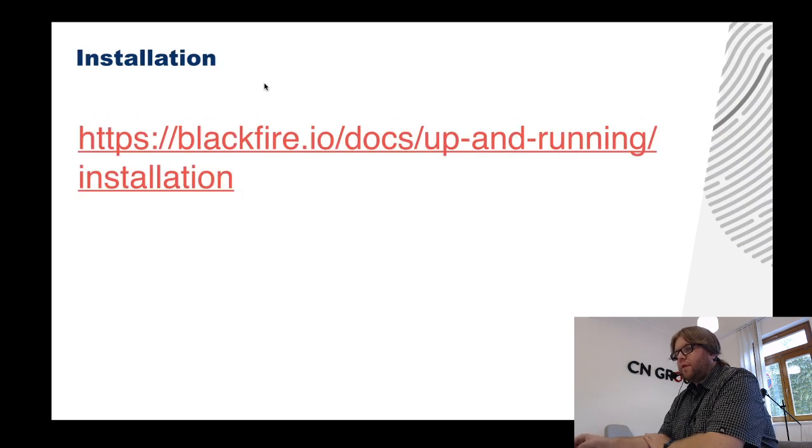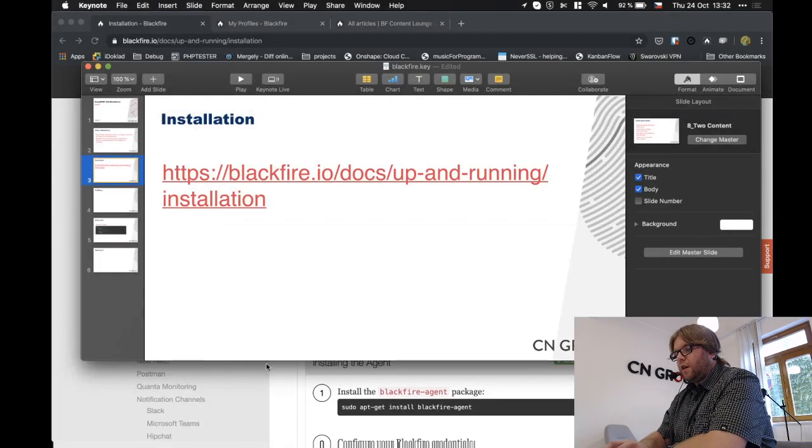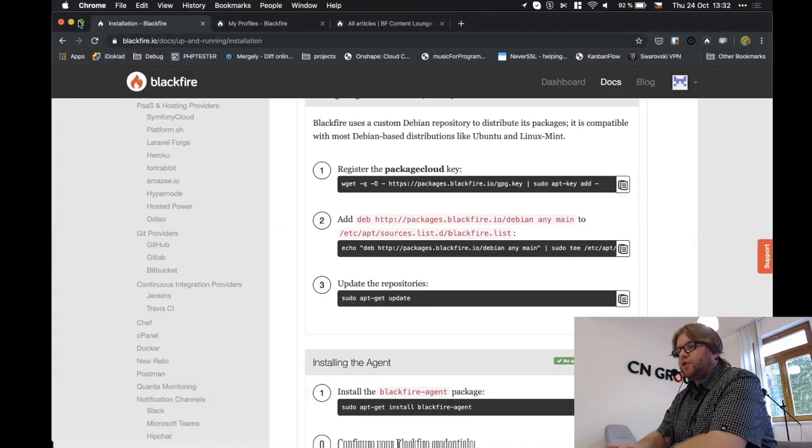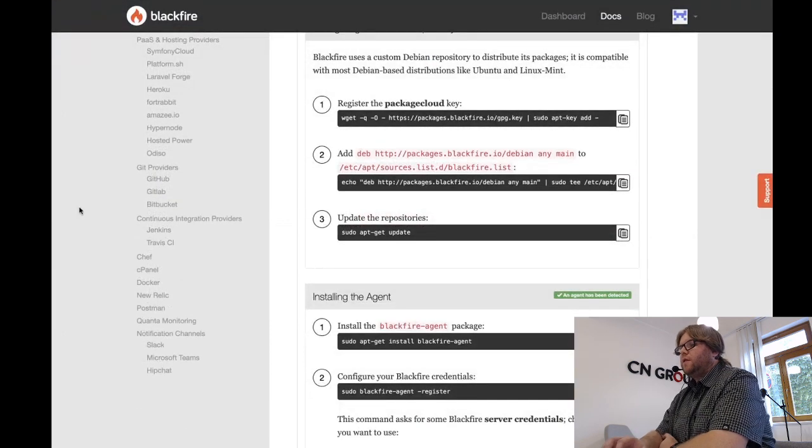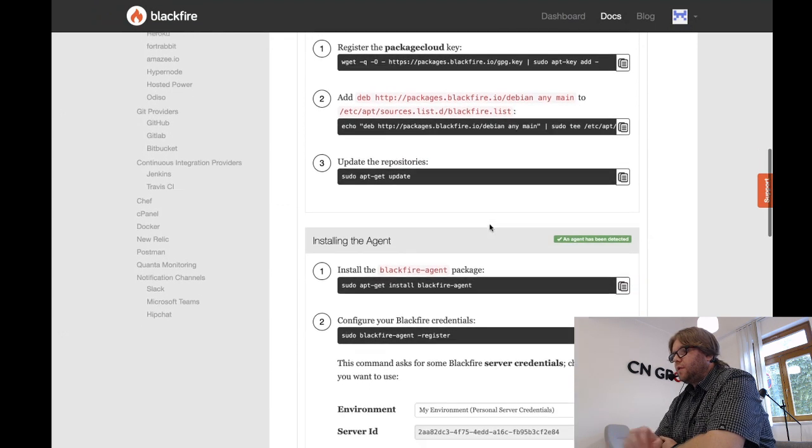So first, what you need is to install Blackfire on your PHP, and this is pretty easy. You can find an easy helper on the Blackfire page on how to do it. You will continue through these steps. First, you will register the package cloud key, then add the